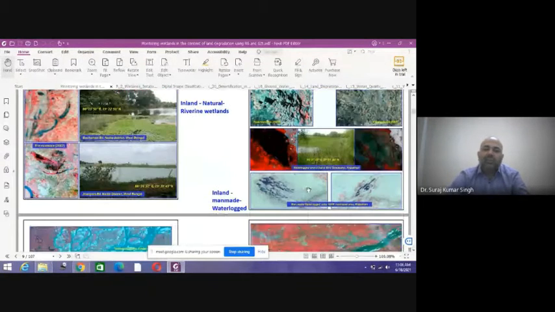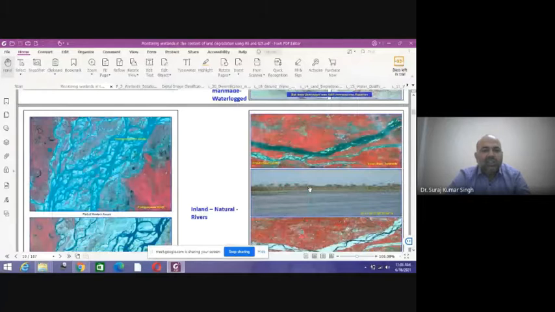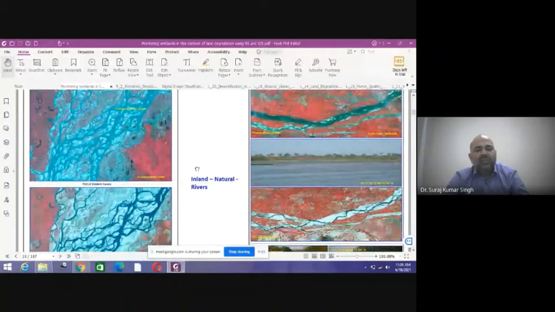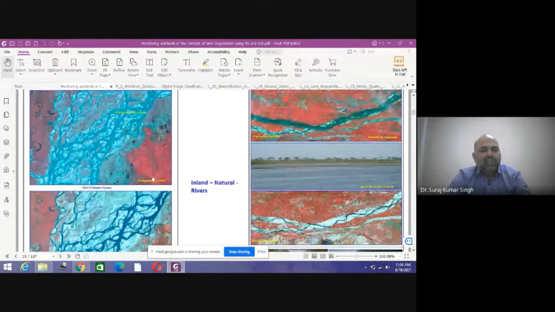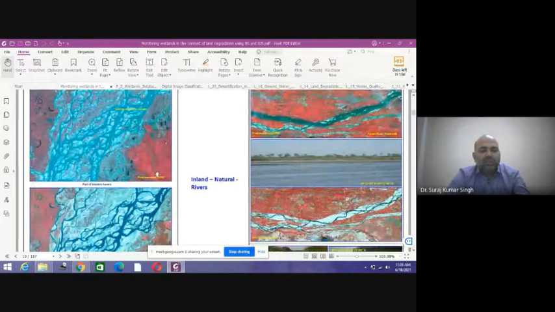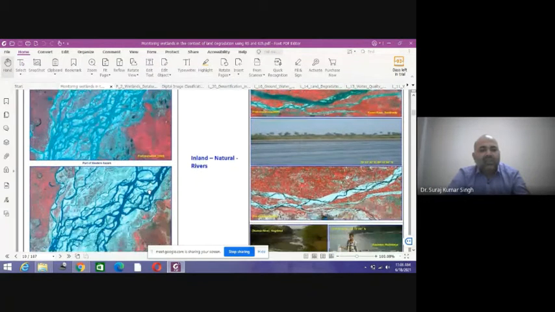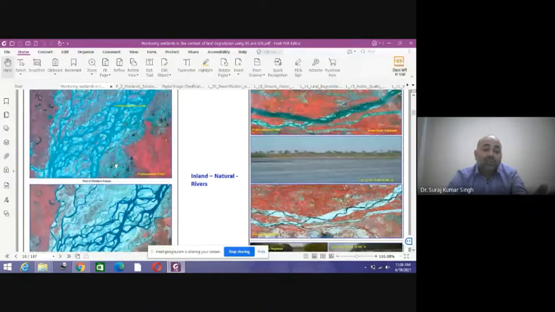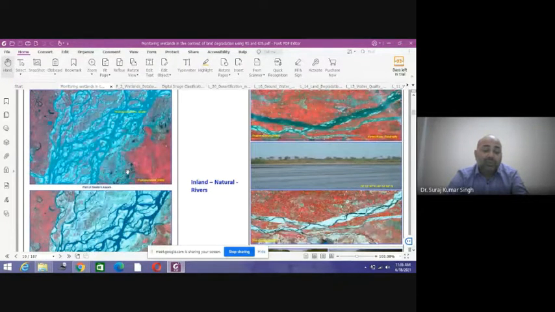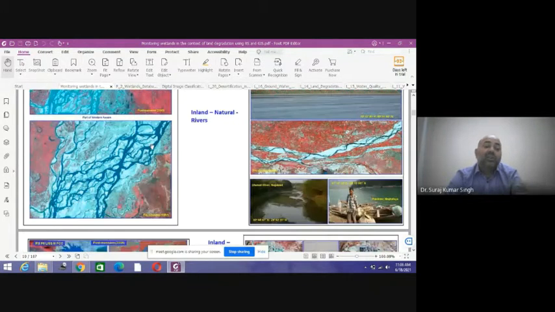If you want to see the change in the river characteristics or the volume of water, or if you want to study the migration, you will be taking up a case study. I have taken pre and post monsoon satellite images of a river flowing in Assam, the Brahmaputra river. I have taken a part of that, and you can see the water contained during post monsoon in 2006, and the water contained in pre monsoon in 2007.